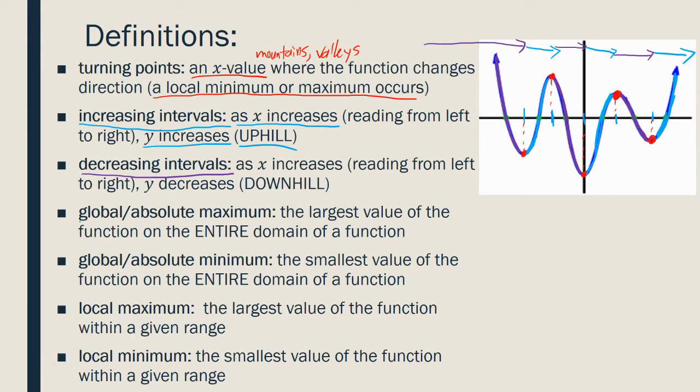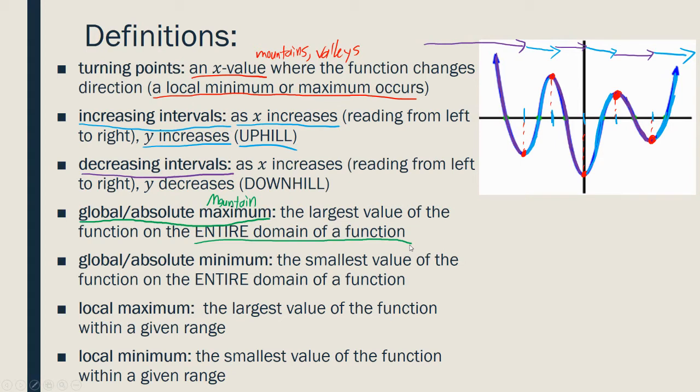But next we're going to talk about global or absolute maximum. When I talk about a maximum, I'm talking about a mountain. We've talked about maximums before. So the global or the absolute maximum is the largest value of the function on the entire domain of the function. So if I was to look at this whole function, I'm wanting to look for the highest point of this